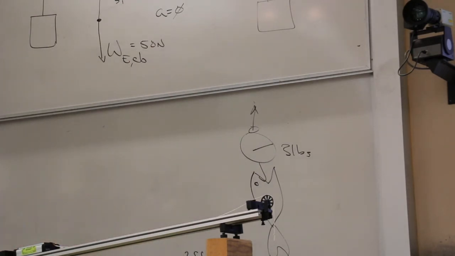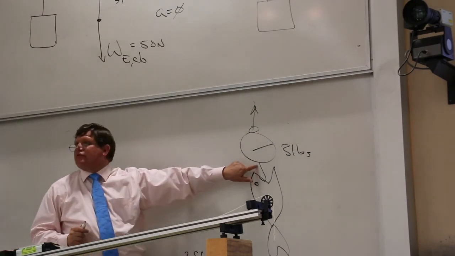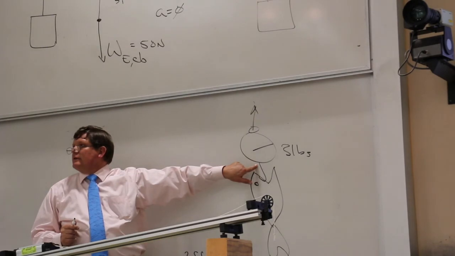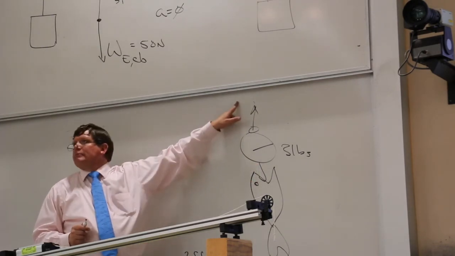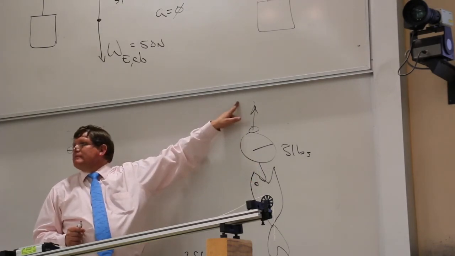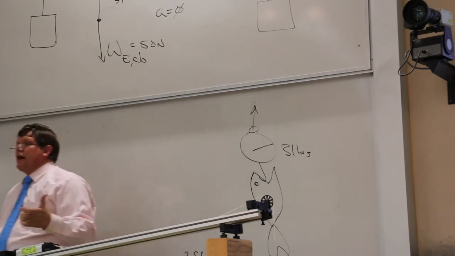In order to hold that scale up, I've got to pull up on the scale with 3 pounds while the fish is pulling down with 3 pounds. But the reading on the scale is just how hard we pull on this hook, not how hard you're pulling up on the handle. And so the reading on the scale would be